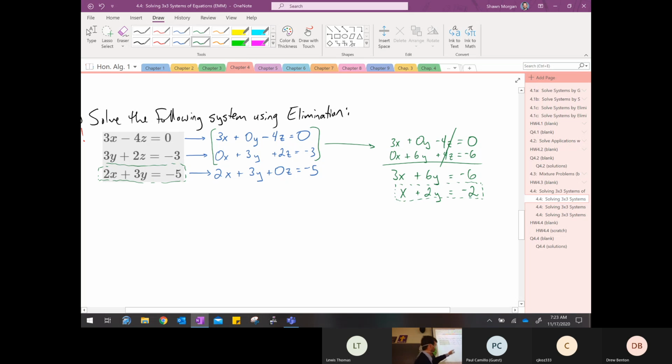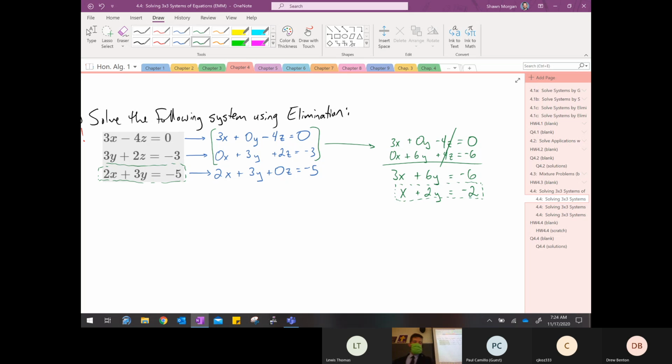Now, truth be told, if this was an example like what we did yesterday, where there weren't all these zero spots, then what would we do to find our second equation? Yeah, we would do the exact same thing. We would just maybe pick the second and the third equation and eliminate z. Or maybe pick the first and the third equation and eliminate z. This one's a little bit easier because it already had an equation that had z eliminated from it. Okay, so